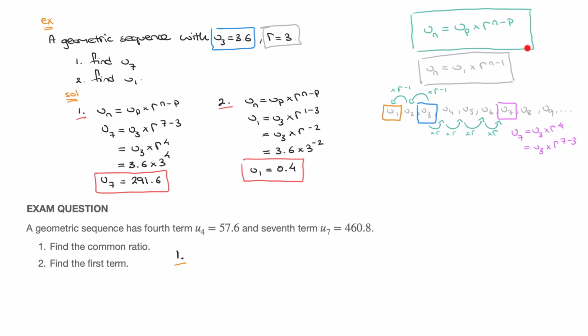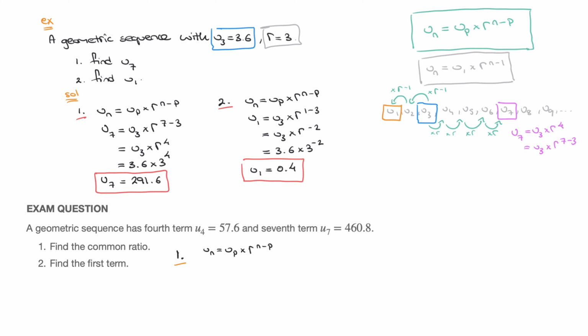Well, looking at this formula again, we can also think of it as a very convenient formula for finding a common ratio. Indeed, provided we have any two terms of a geometric sequence, so u sub n and u sub p, we'll be able to quickly derive an equation for the unknown common ratio r. Indeed, let me quickly copy this formula again. So that was u sub n, which equals u sub p times r raised to the power of n